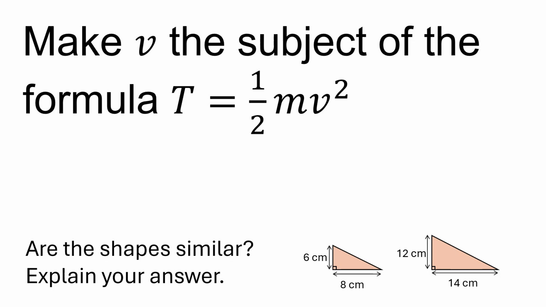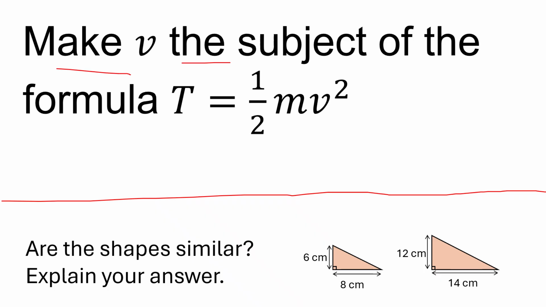Okay, folks, let's look at two exam-style questions that could appear on the higher tier GCSE Maths, potentially also foundation tier. So the last few questions on a foundation tier and the first few questions on a higher tier, okay? So this first one says make v the subject of the formula T is equal to a half